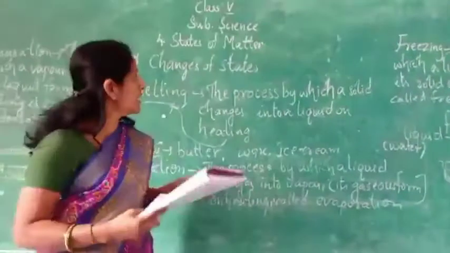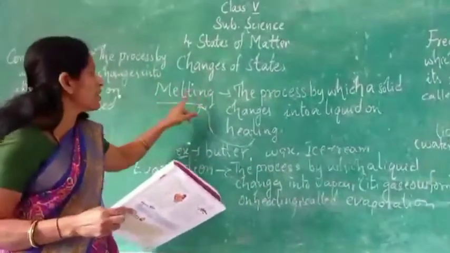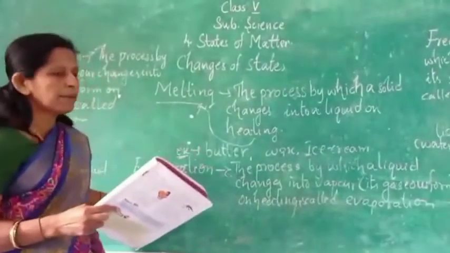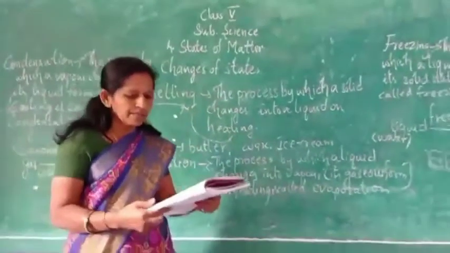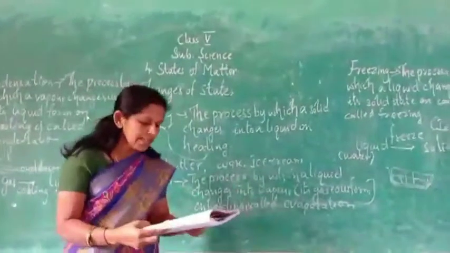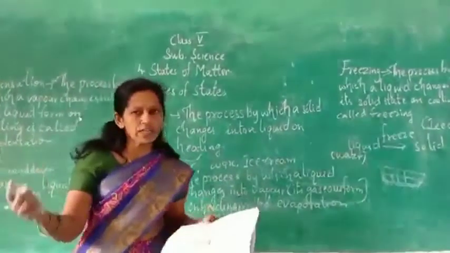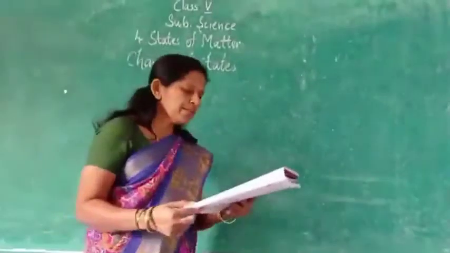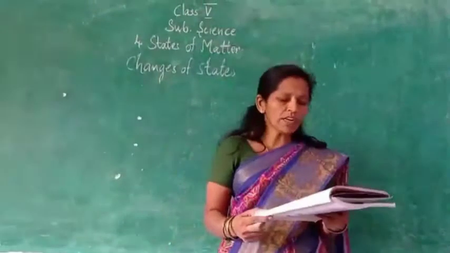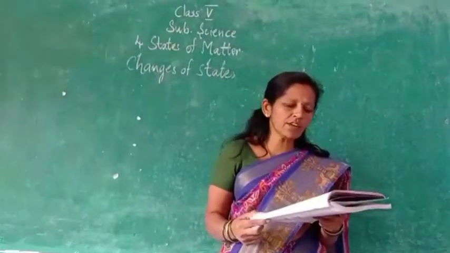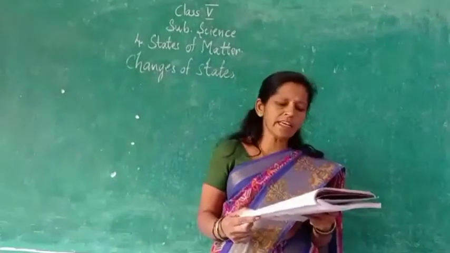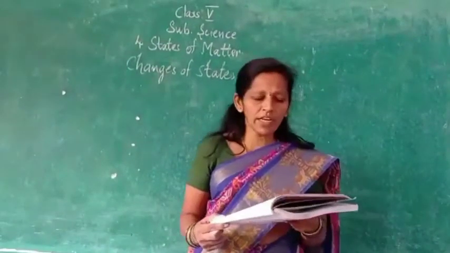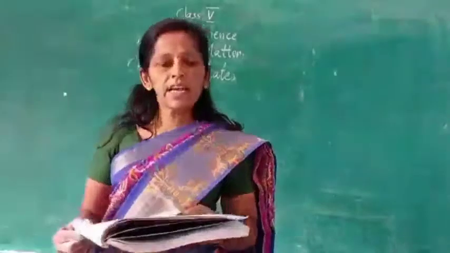So what did we learn today? Changes of states of water: melting, evaporation, condensation and freezing. Okay. Next, effects of heating and cooling. Solid carbon dioxide, also called dry ice, changes directly into carbon dioxide gas without going through its liquid state.